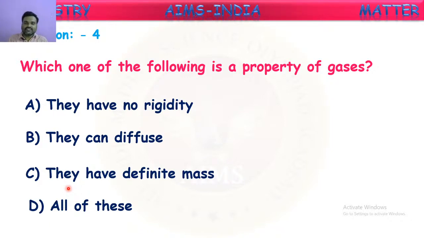But coming to mass, it is the only property which is commonly the same for all. They have fixed mass. Whatever the matter you take, if you observe the mass, it will always be fixed for it. We say matter has definite mass. It might be a solid or a gas. So this is applicable for gases also. So these three are the correct properties of gases. Now the correct option here will be the fourth one, that is, all of these.